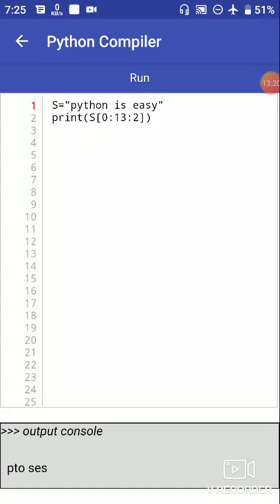Let's do their practicals one by one and try to understand the use of these built-in functions. First we use the isalpha function.